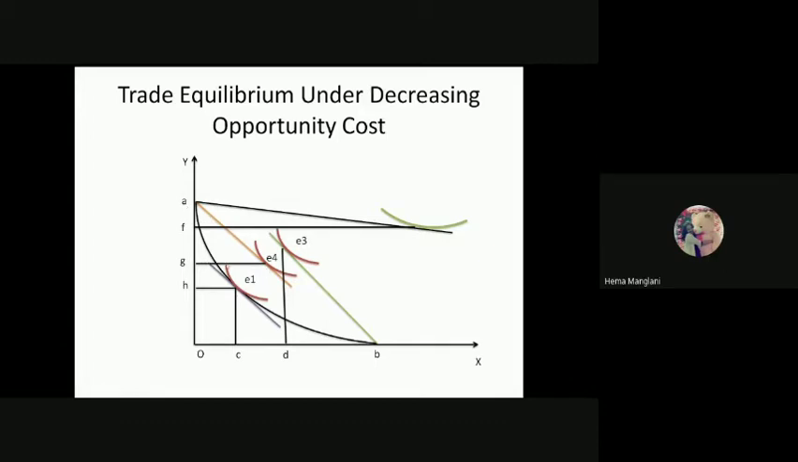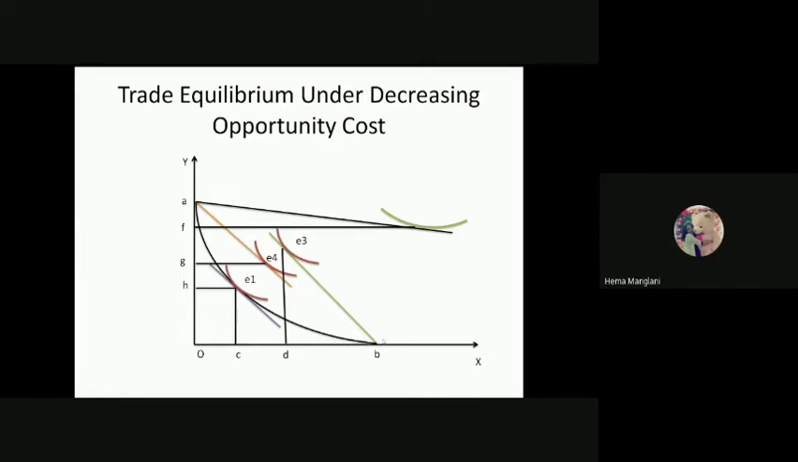So you need to exchange this much of X for this much of Y. It means you need to give AG of Y, and then only you can receive GE4. But in the international market, the X commodity is the expensive commodity. If this country would shift their production possibilities from point A to point B, then the country is only specializing